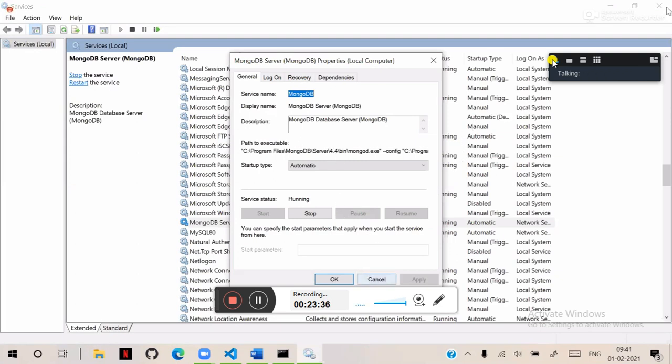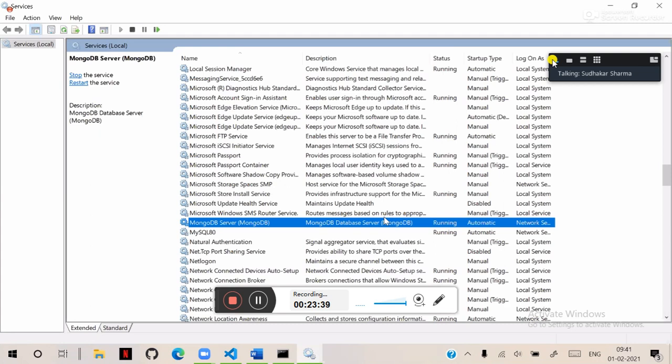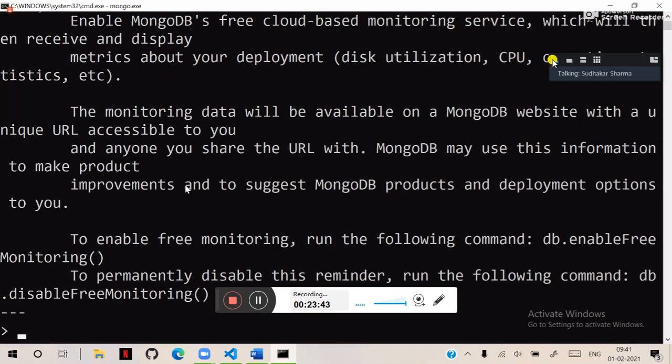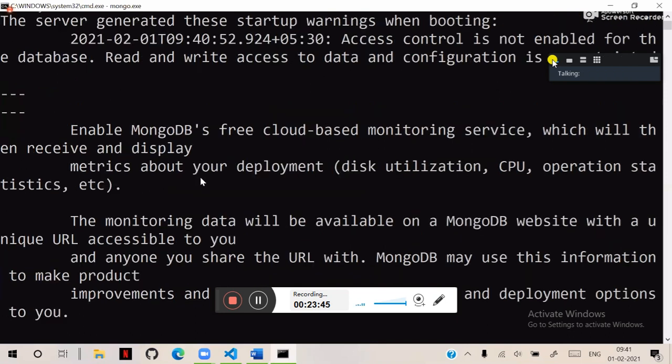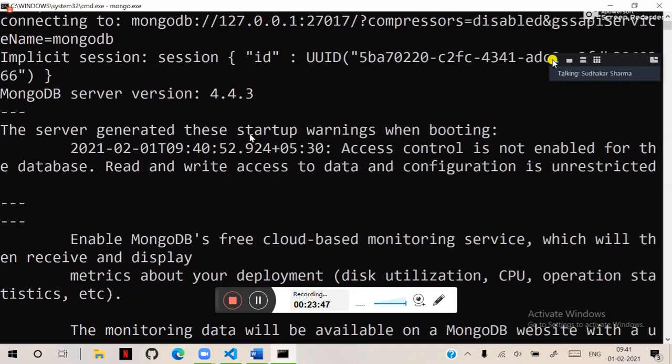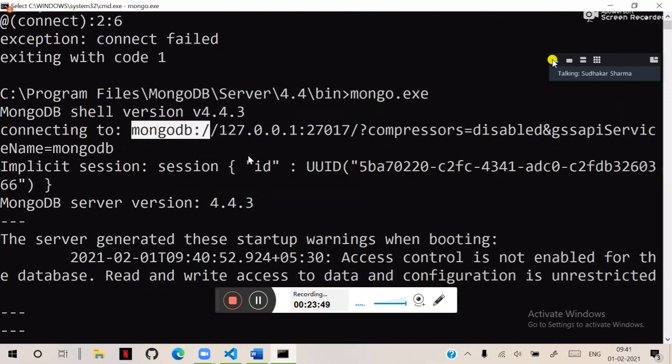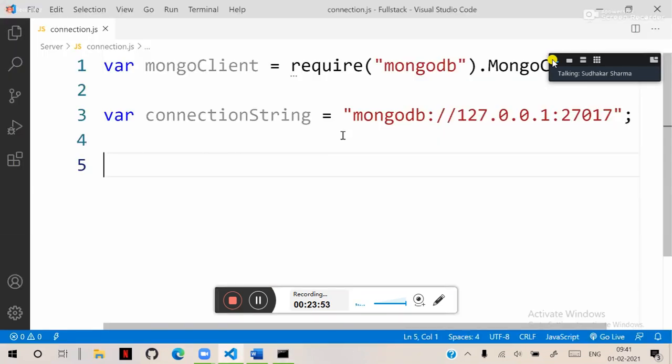Now let's run this. And you can see it is connected now. It is connected to the same location. So this is the connection string that you have to use here as a connection string. Okay. Now, after configuring the connection string,